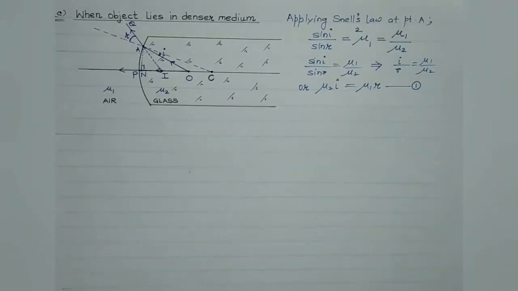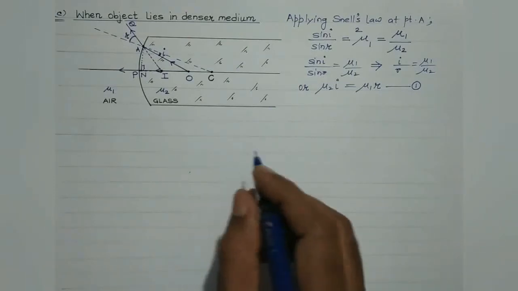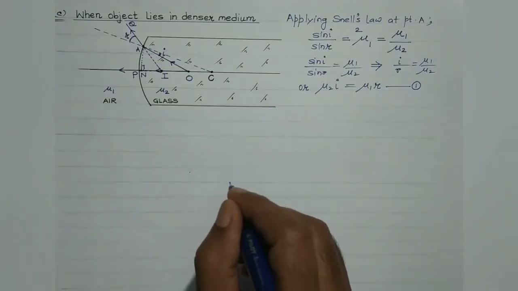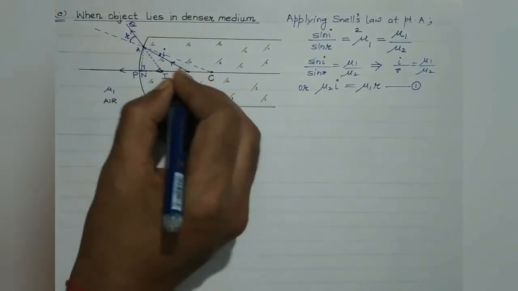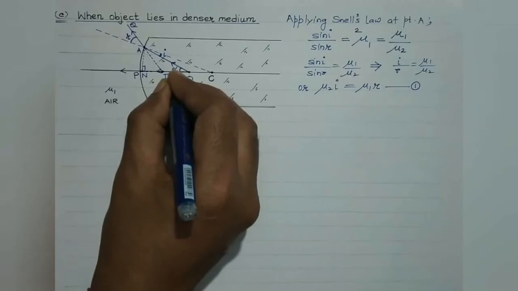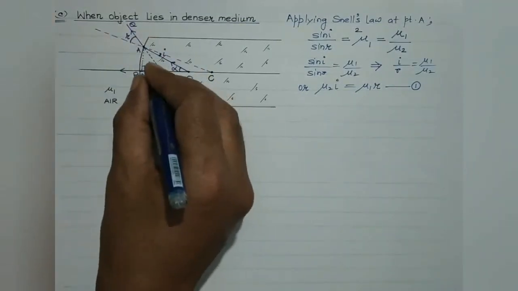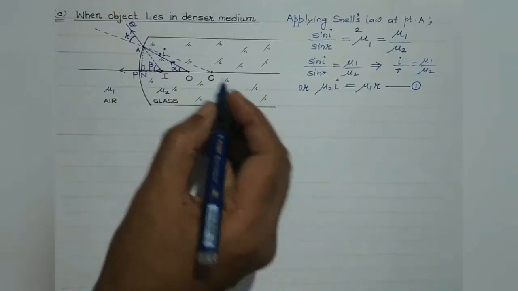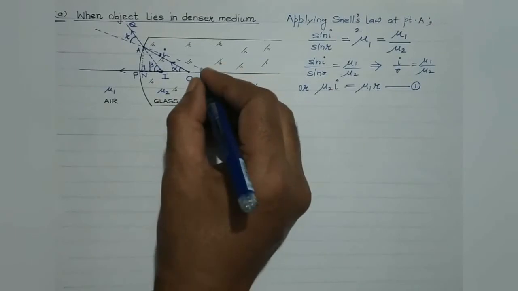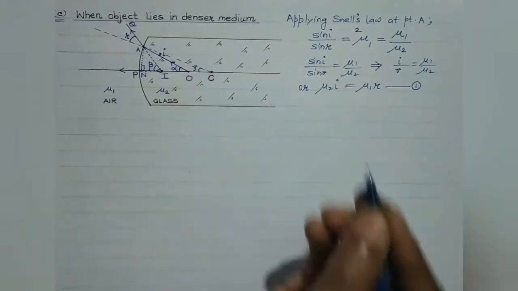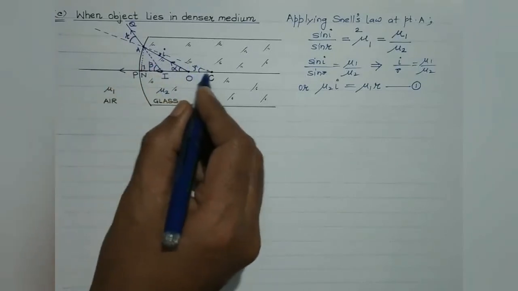Clear? Okay, now we have to consider the exterior angle theorem for two triangles. So we have to choose two triangles, right? So as you are aware, this angle is alpha. It is the angle which the incident ray makes with the principal axis. This is the angle which the refracted ray makes with the principal axis. This is considered to be beta. And the angle which this normal makes with the principal axis is considered to be gamma. Clear? So let's consider triangle AOC. I'm talking about this triangle.